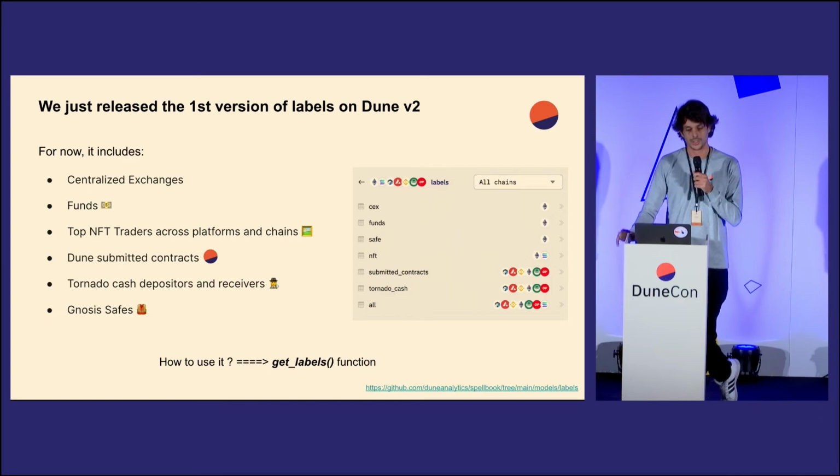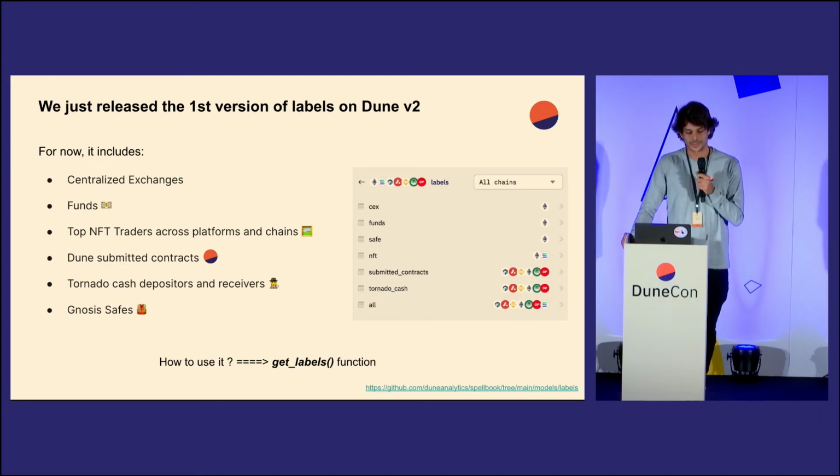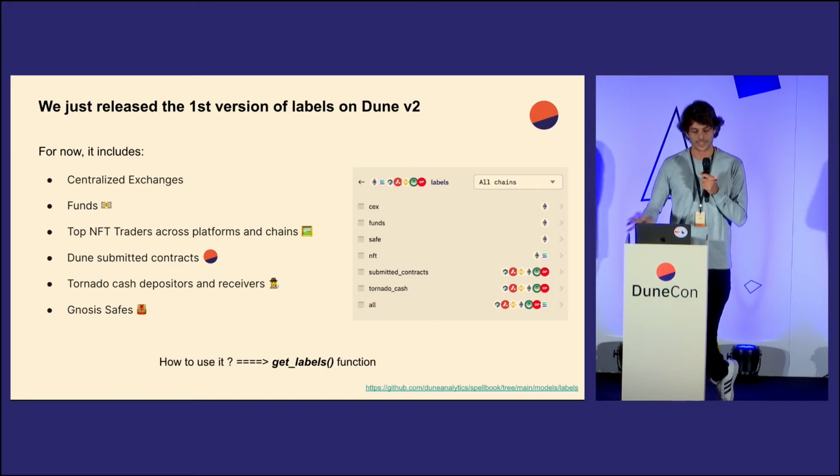Hi, everyone. I just wanted to take this opportunity to talk about spells. And one of the cool things we've done lately is we just launched the very first version of labels on Dune v2. For now, it just includes centralized exchanges, some funds, some top NFT traders, and some other things.